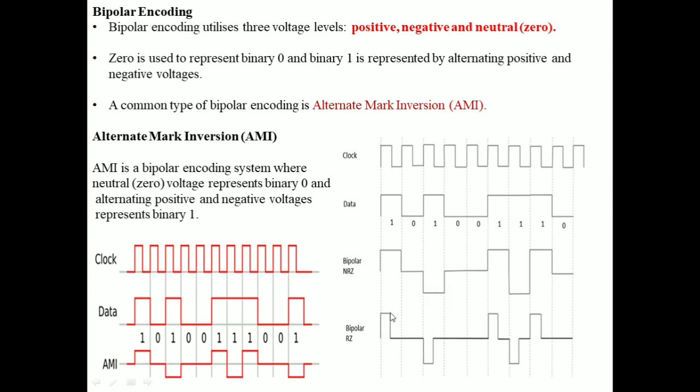And the same for bipolar return to 0: for the first half of the time pulse it is on the positive voltage, and for the second half it reaches 0, and 0 will be given as 0 only. For the next one it will reach the negative voltage because the previous one reached the positive voltage, and that too only for half of the time pulse, and the next half again reaches 0. So that is the reason this is called bipolar return to 0. So this is all about the different types of encoding schemes.